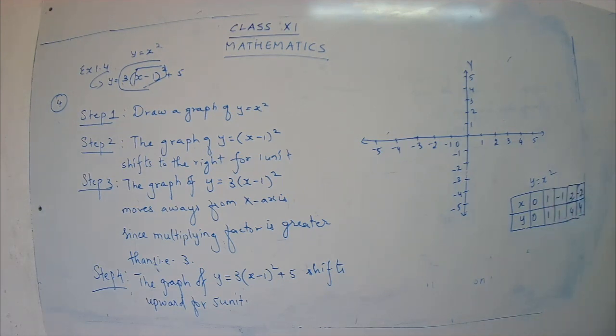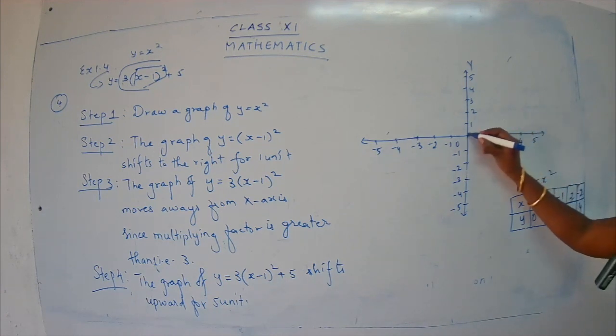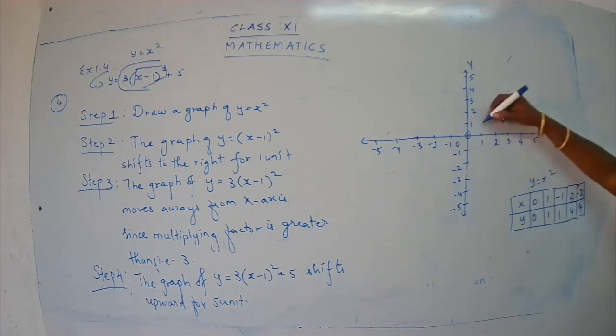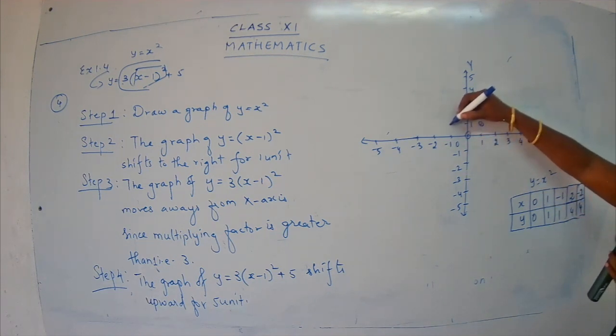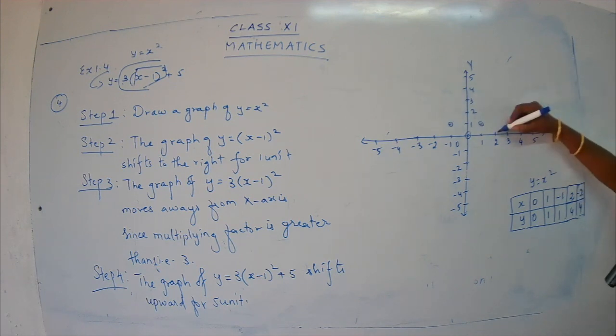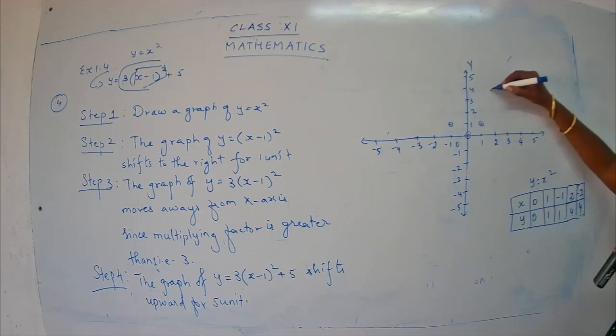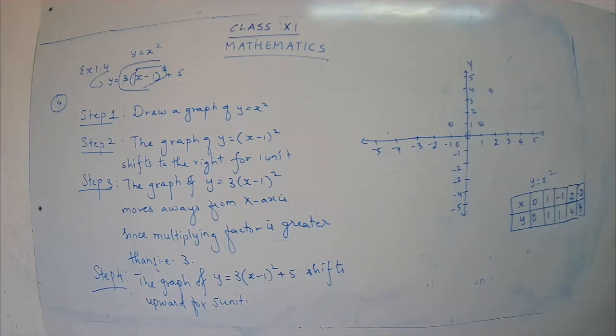Yes, children? So let's try to plot the graph. 0, 0; 1, 1; -1, 1, somewhere here; 2, 4. Actually, if we do this in a graph paper, it will be accurate. So when our regular classes begin, we'll do this again in our graph note, so that it's a neat representation. Anyhow, it's our choice. We can do it on plain paper or graph paper. If you want to represent the graph using a graph paper, you can do it.